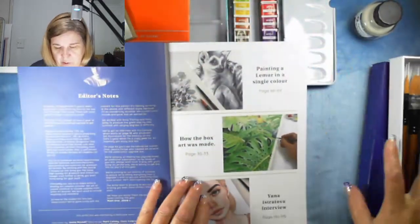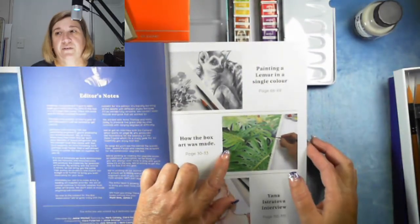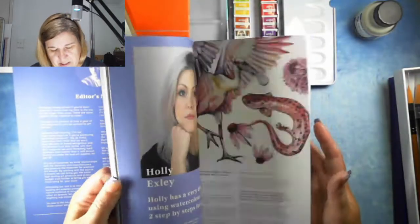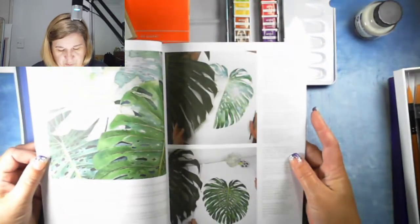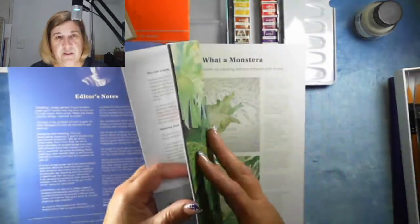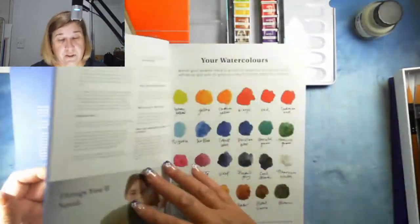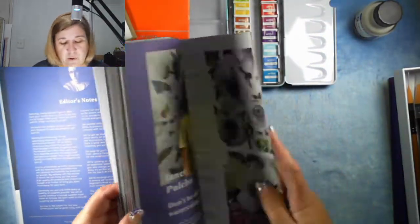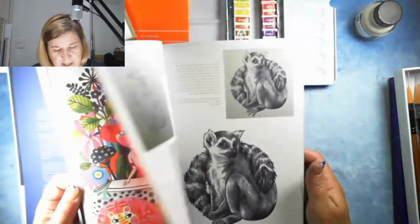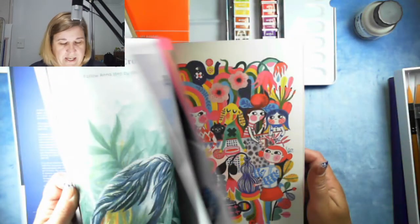Painting a lemur. That's how the box was made. I managed to do that for the last box. Let's see how the box is made. So it takes you through the process of drawing them. However, there are tutorials already out because I'm late with this box, getting this box out. I can't even recall what their first tutorial is. The first tutorial actually is a pine cone, and the pine cone actually isn't here. They do, however, have further tutorials. I'm just trying to find them. One is the red panda,